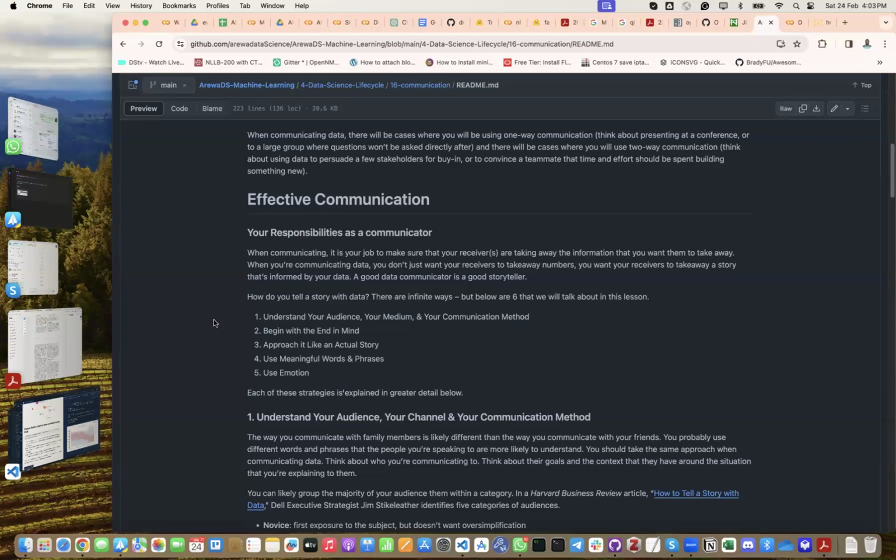So in there, you see, you are bringing the person along, you are telling them a story. Stories that make sense, he will agree with you. Those that don't make sense, he either gives feedback or engages you in one or two chats, so that you get to understand each other. Or in some instances he may say, this data is not reliable. At the end of the day, the decision is between you and him. But if you just start telling him, this line went up, then down, then up, then down, what are you saying? So you also use meaningful words, also talk to their emotions. So this is how you communicate. I'm not teaching you, I don't know anything about communication, but